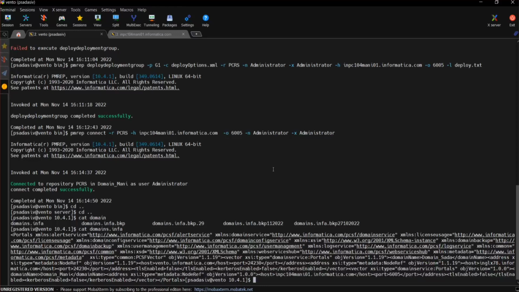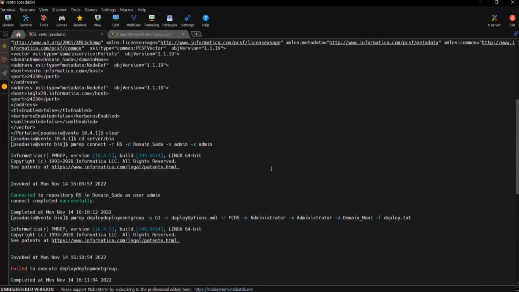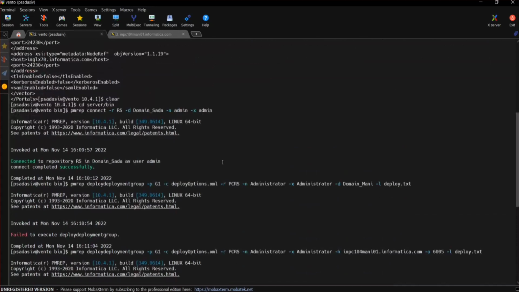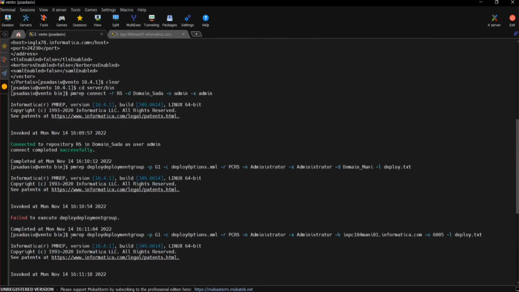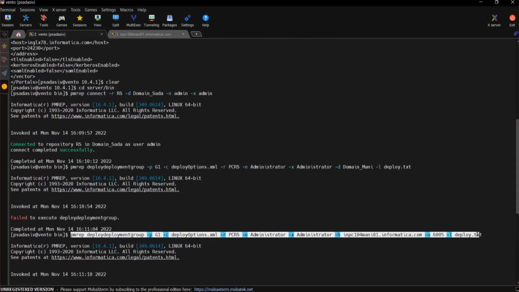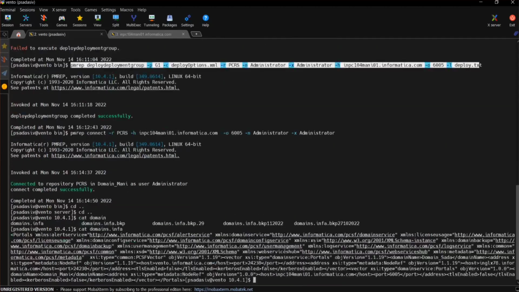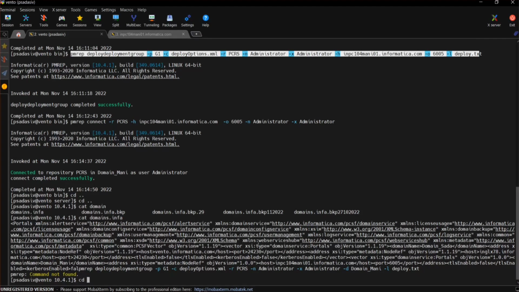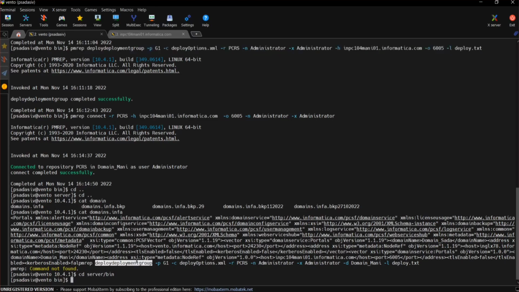So the next time you are executing this command, you can directly use hyphen d. I already have the command, let me just run it. Okay, let me go to server bin, and